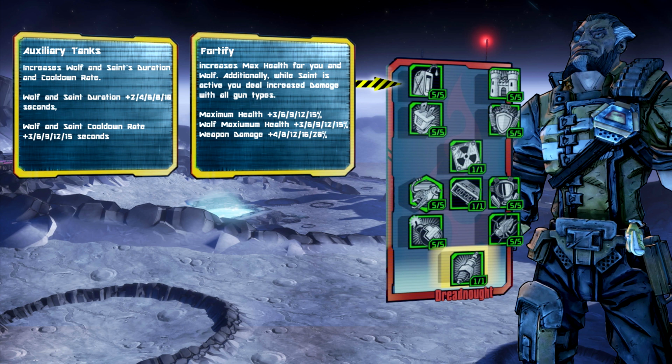Now I think this is a much needed skill for the Wilhelm, since his action skill's cooldown is really long. The cooldown time was, what, 45 seconds? That's a really long time, and you're going to want to use that as often as you can, since it will give you so many buffs. And yeah, the 2 to 10 second duration bonus isn't bad either, but the main focus